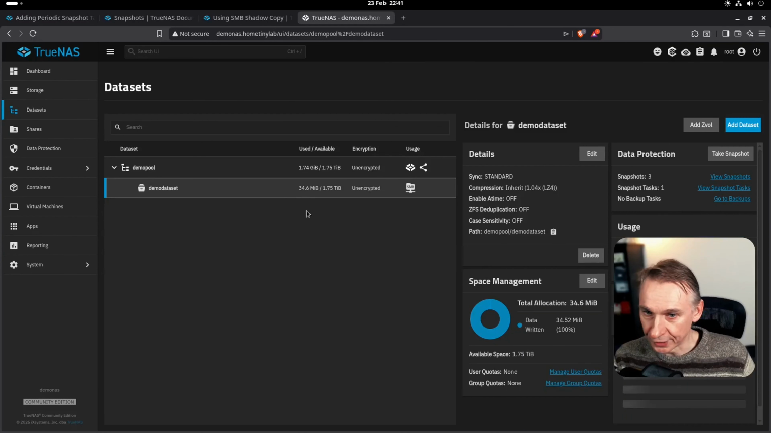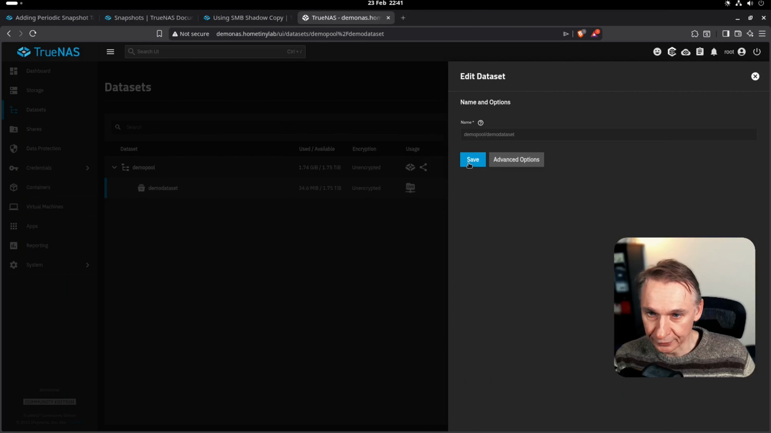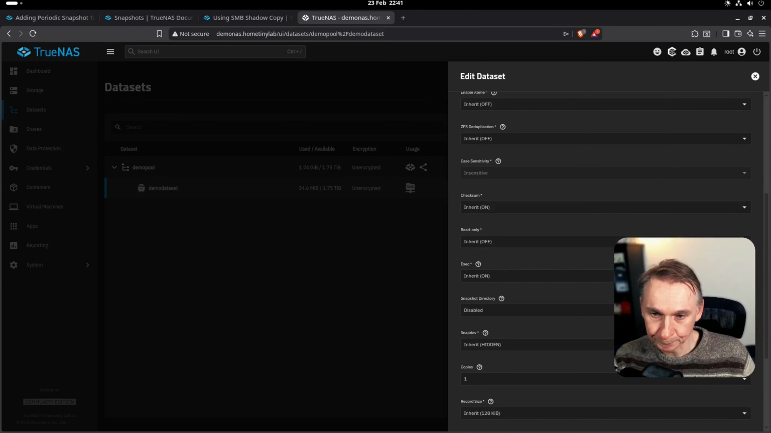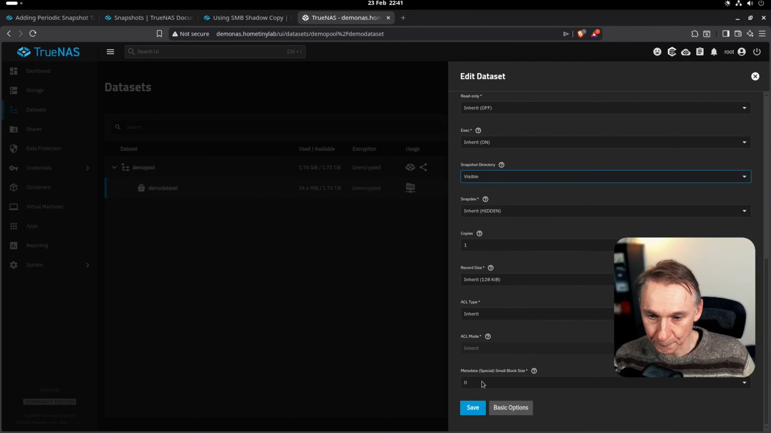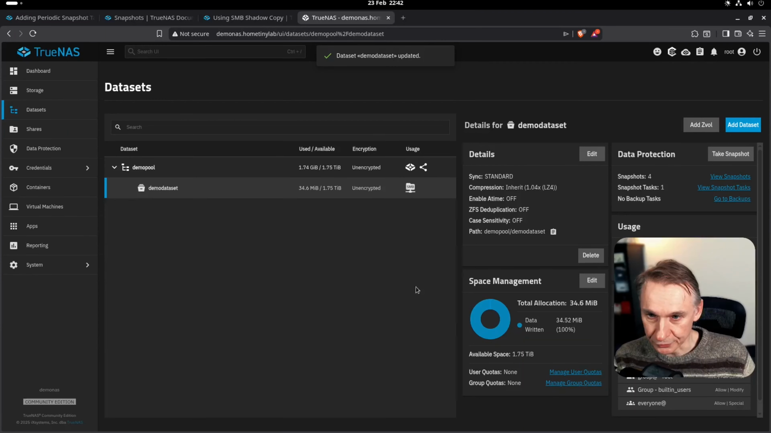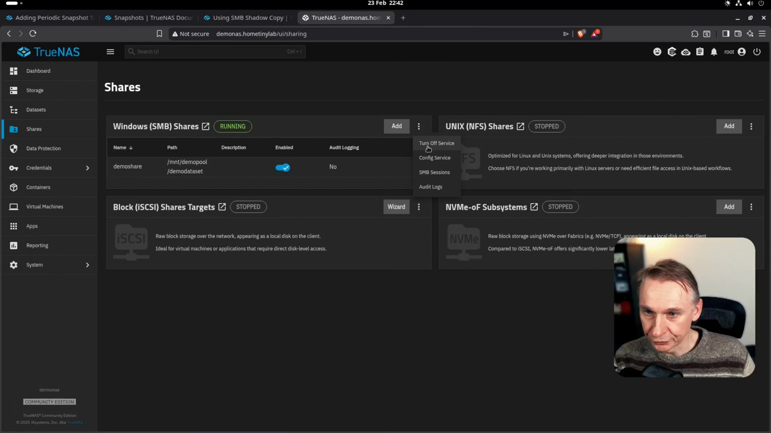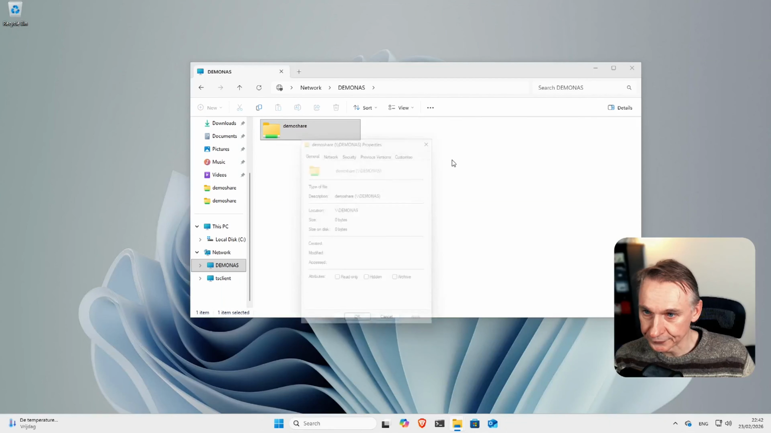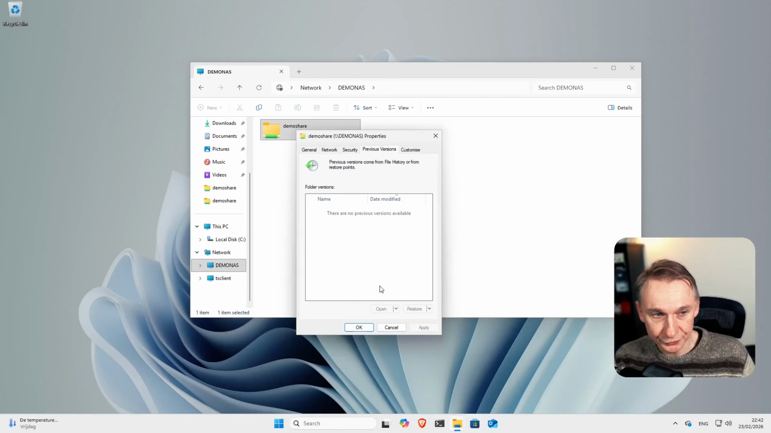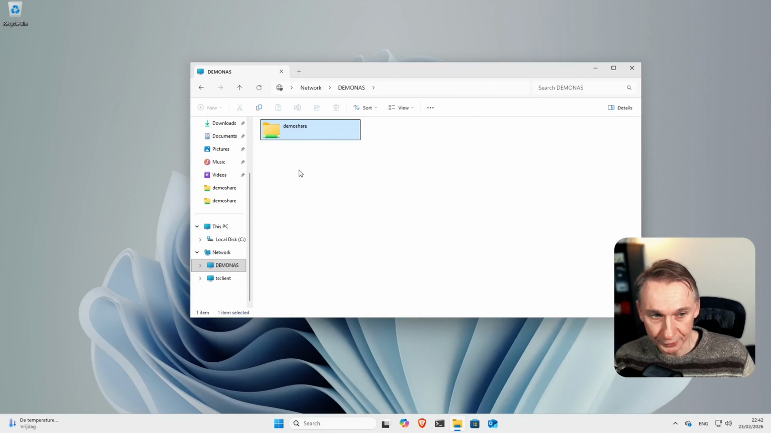So let's go back to the dataset and click back again on edit. There was another choice that could be made. For example, so here it was. Let's make it visible. Click on save. To be certain, let's turn off the service and let's turn it on again. And let's go back to our Windows environment. And let's go to properties. And let's do previous versions. Still empty. But if we click on demo share